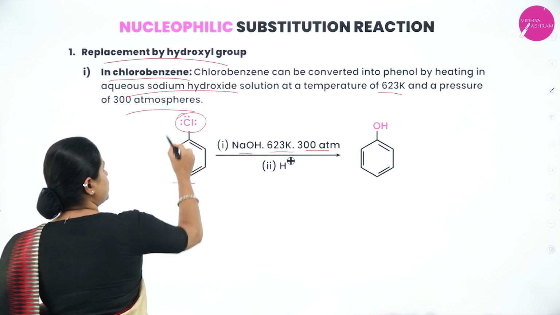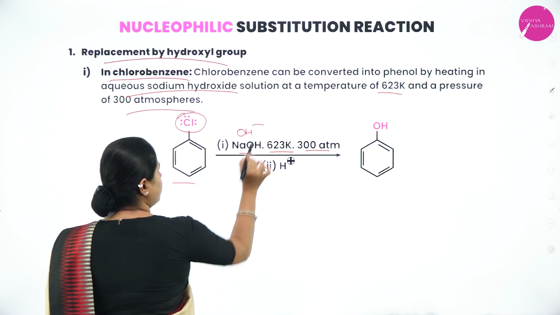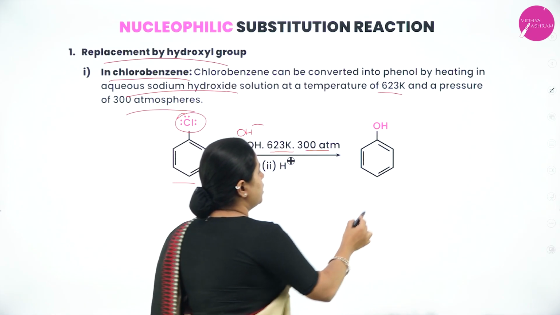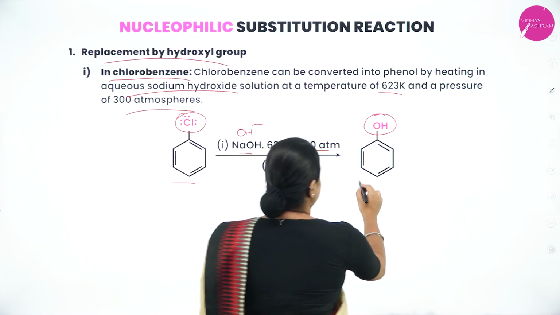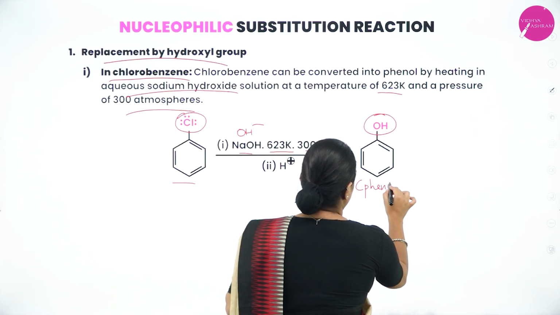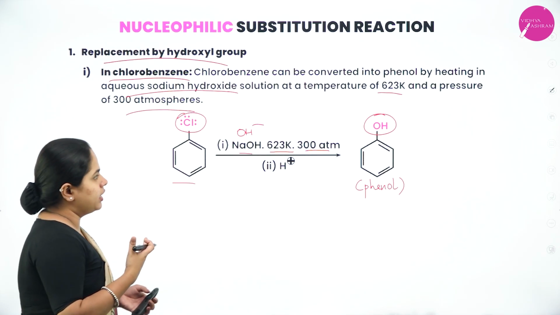The halogen will be replaced by the nucleophile. As we are using NaOH, what is the nucleophile here? OH, right? So phenol will be formed. On the benzene ring, you have OH, that is called as what? Phenol. So in the case of chlorobenzene, when it is reacted with sodium hydroxide at the given temperature and